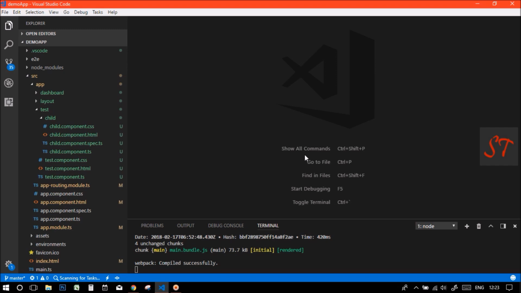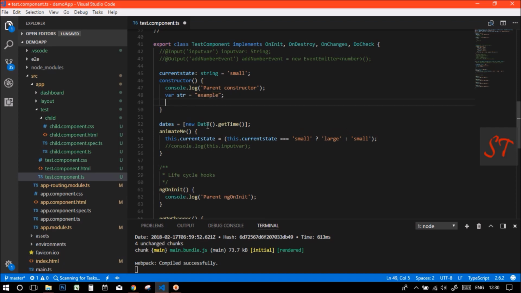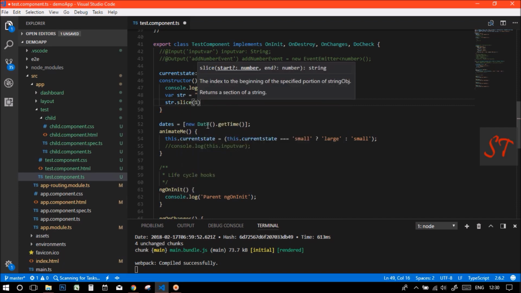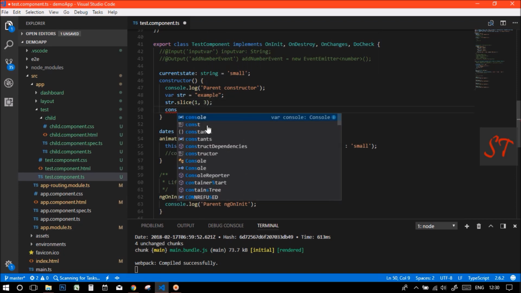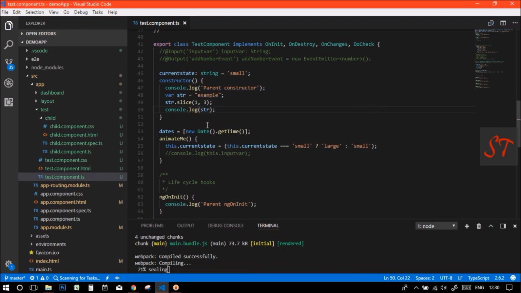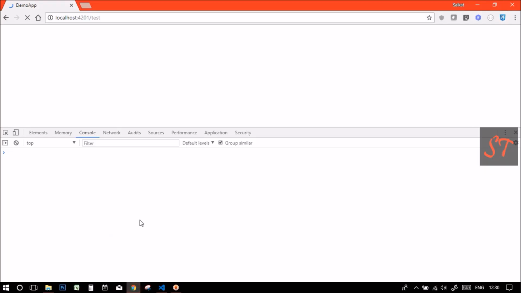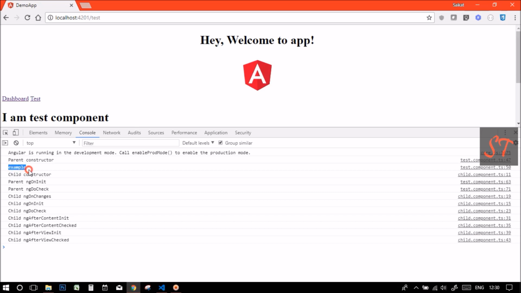For example, let's take this example where str is equal to example. Now let's slice the string from position 1 to 3 and console log str. Let's check in browser. Okay, it has displayed the whole string